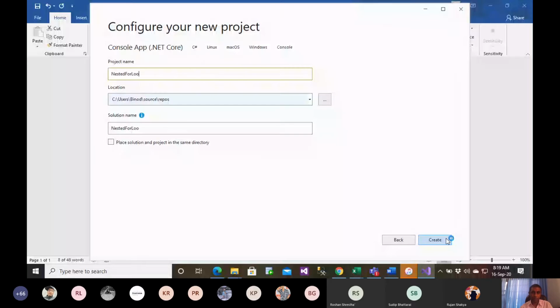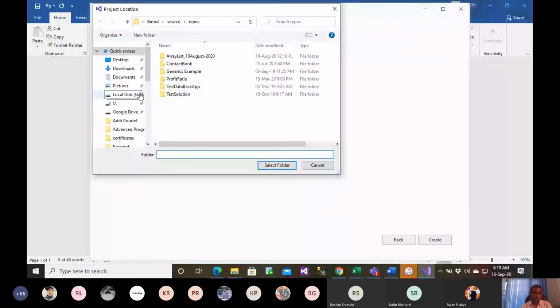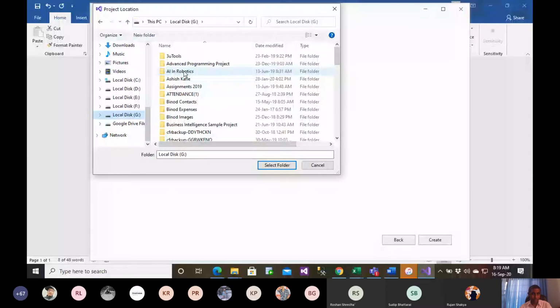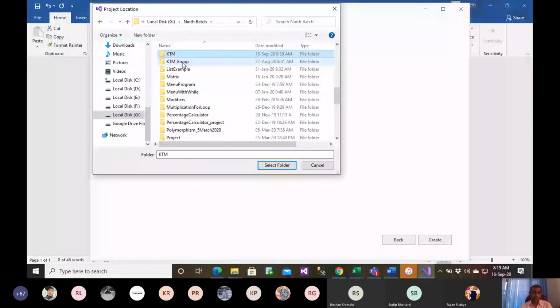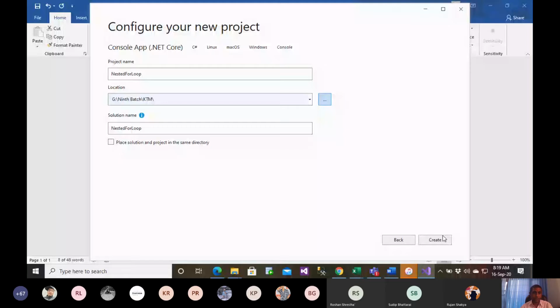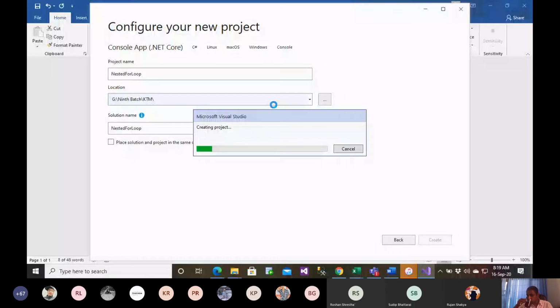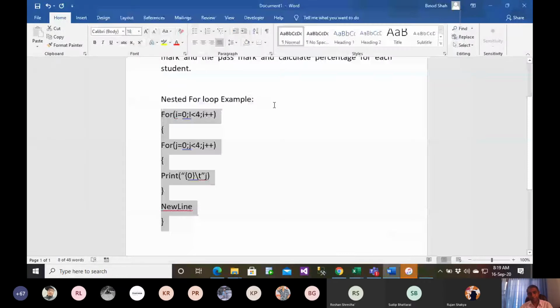Let me keep it in some Kathmandu group. Create. Yeah, so this is my window.